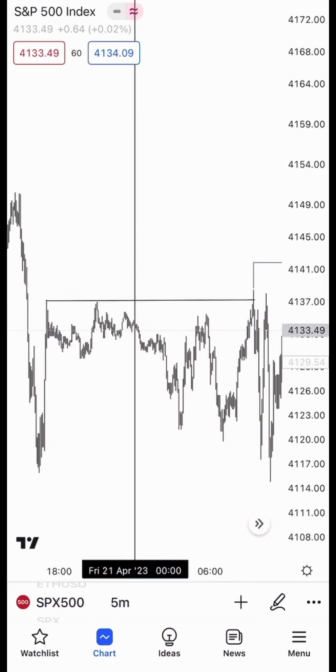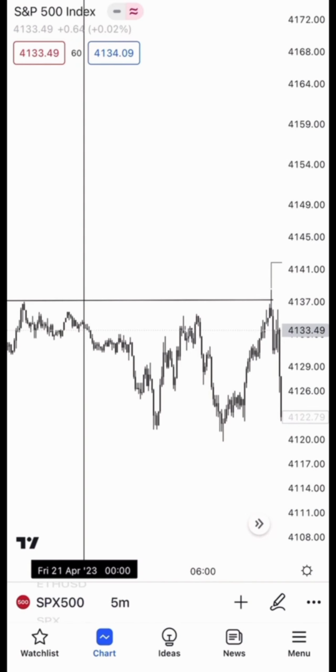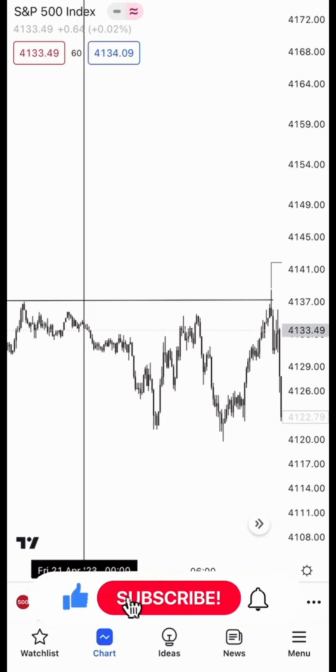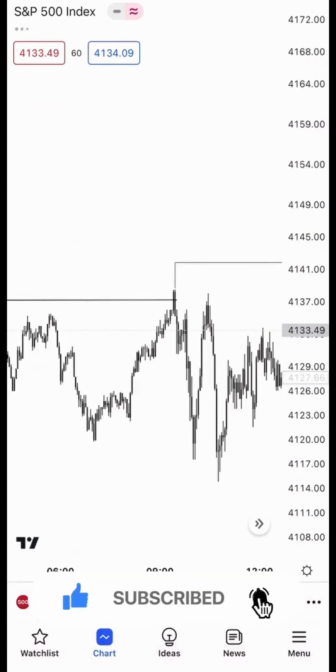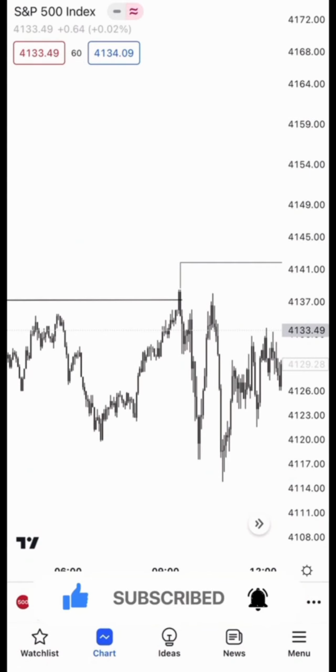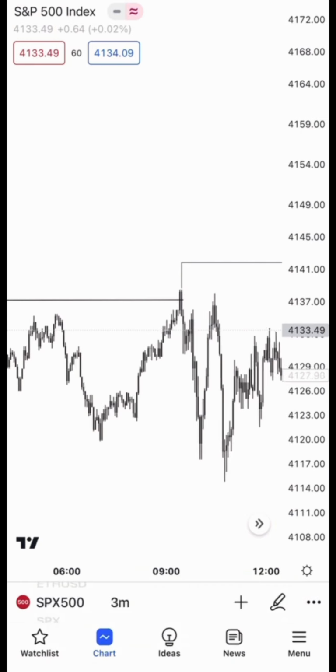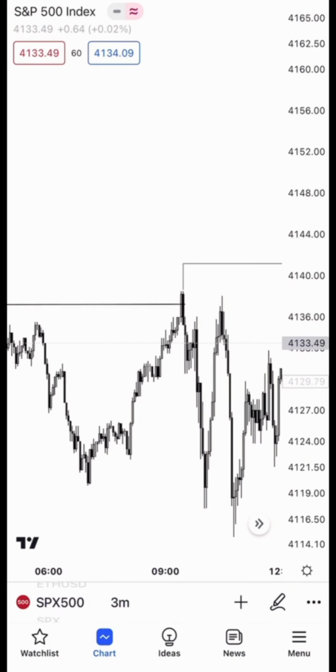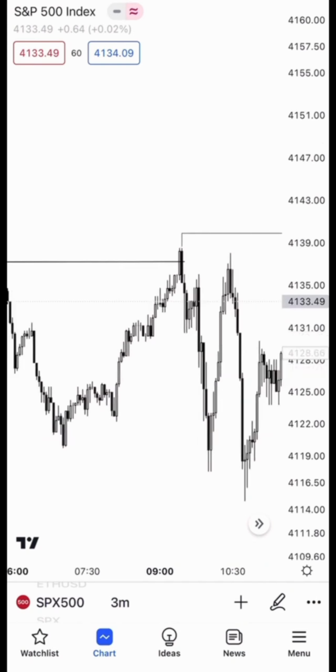Although they can be broken through the first time, usually the first touch of a previous day high, previous week high, these are key levels which garner a lot of liquidity above and below them, which is why they will usually, more often than not, and don't believe me, go verify for yourself, give you a reaction, some trade opportunity, either to retrace or to reverse. In this case, I anticipated them to give me a retracement,